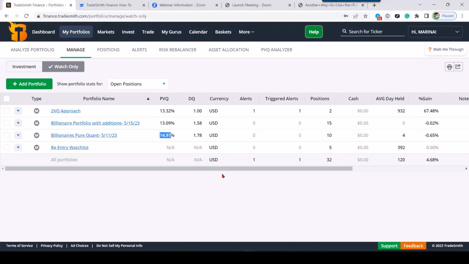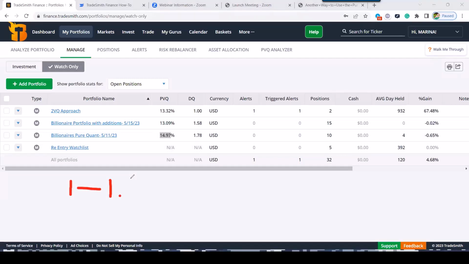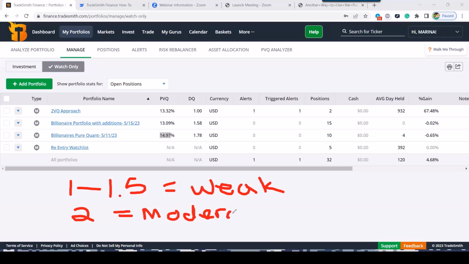And then we have a breakdown of the DQ, which is in your script. Anywhere from 1 to 1.5 is weak. That's a weak DQ. Then 1.5 to 2 is moderate. Oh, this is really difficult to write here. I feel like a child. And 2 and above is the best, so that's strong. Right now, we're at